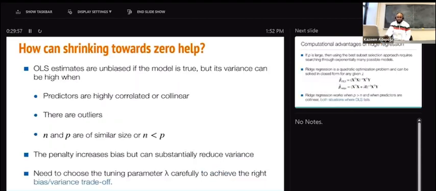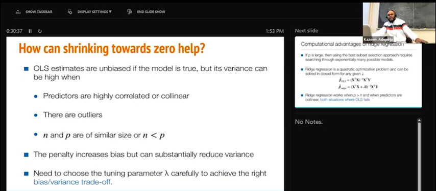Now, how can shrinking towards 0 help? We're talking about lasso now, right? This is what happens. I said the OLS estimates are unbiased if the model is true, but their variance can be high when predictors are highly correlated. I told you, that is the problem of multicollinearity. When you have a lot of explanatory variables, there's a possibility that some of them may give the same statistical information. Then if they are outliers